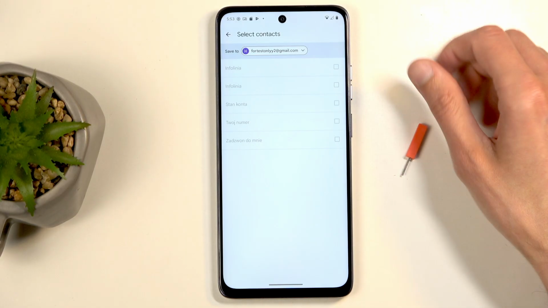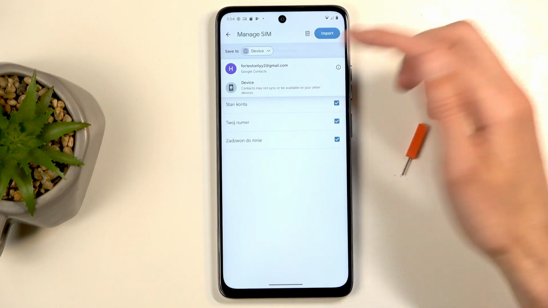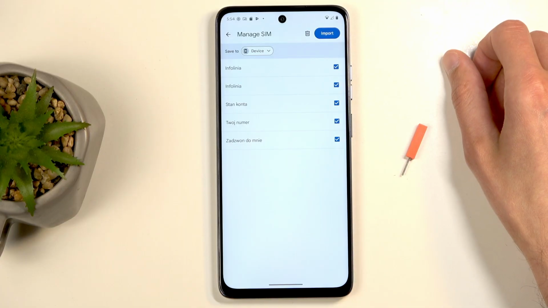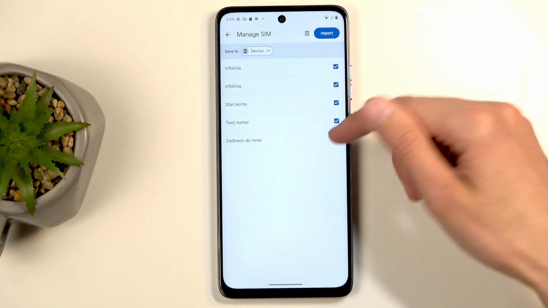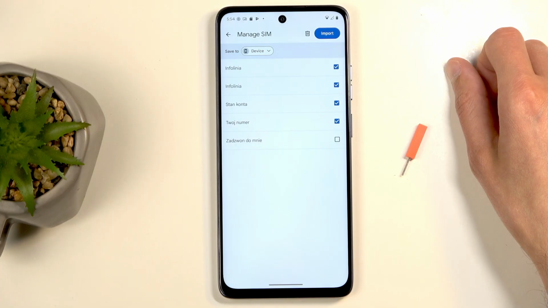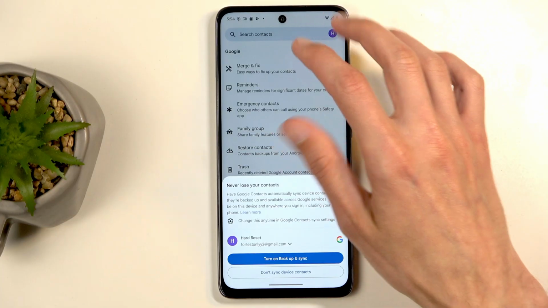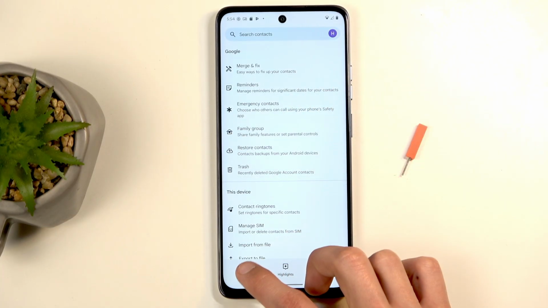the contacts. In any case, I'll be selecting device, and from here you can see all the contacts are selected now, so you can uncheck ones that you don't want, and from there click on import. This will then import all the contacts to your specified location, and when you go back to your contacts list,